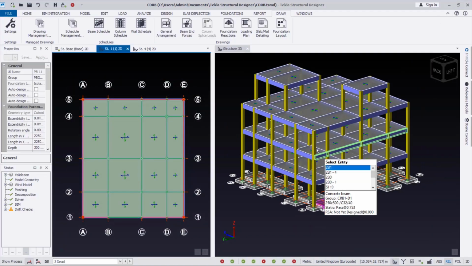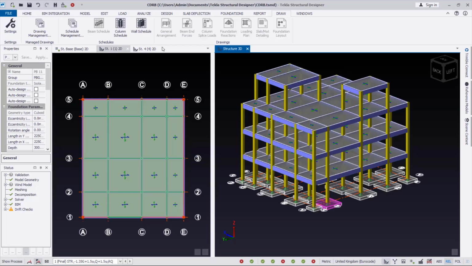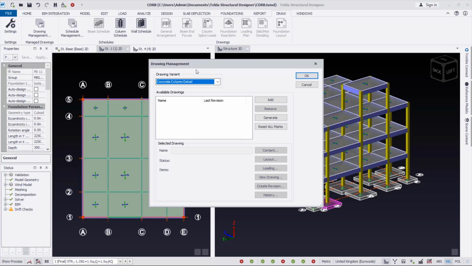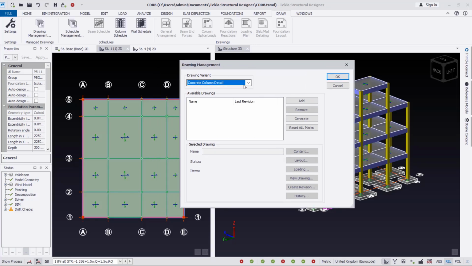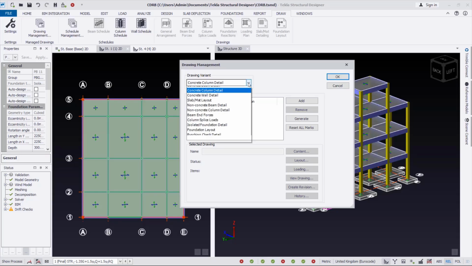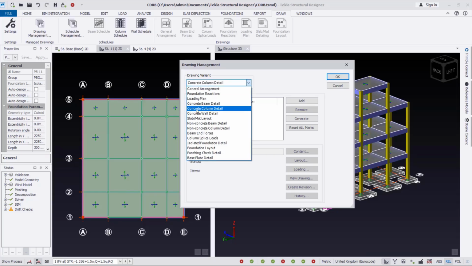Okay, now we proceed to produce the drawings. We want to produce almost all the drawings. So what you do, you come to this drawing manager. If you click on this drawing manager, you'll see over here we have concrete columns. If you select here, there are so many options. You can also see concrete beams. So let's say, for instance, we want to create our concrete beams